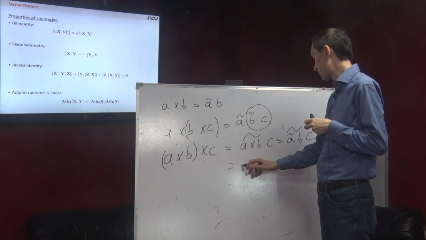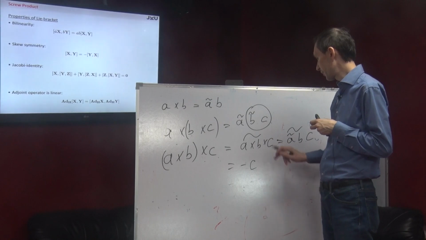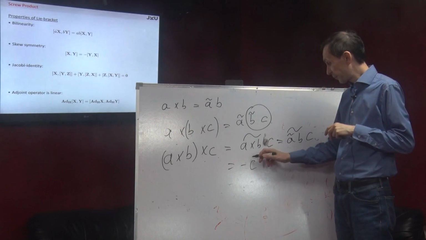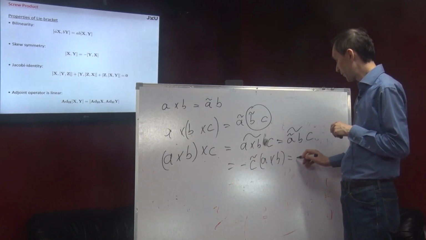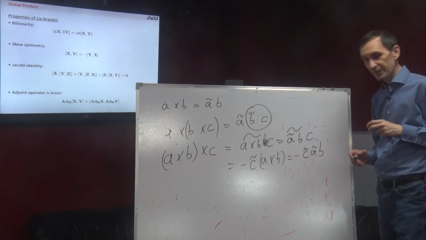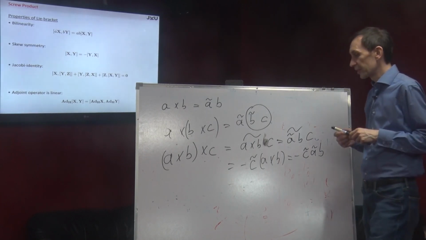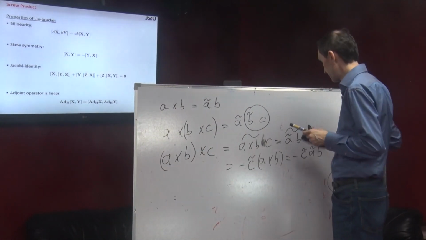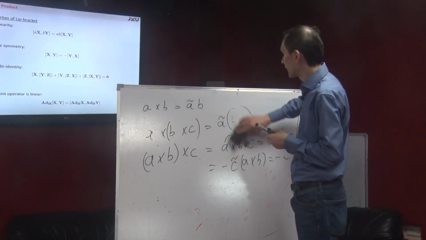Maybe just a little exercise. That of course is the same as saying this is C tilde minus C tilde A cross B, which is the same as C tilde A tilde B, right? Okay, so why I started looking into this is because of this Jacobi identity,